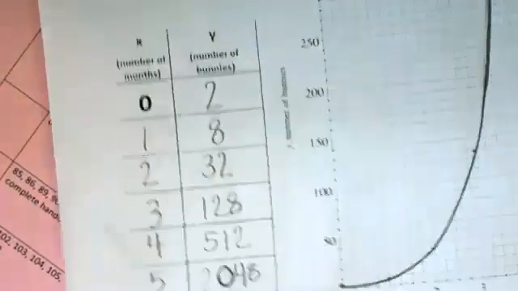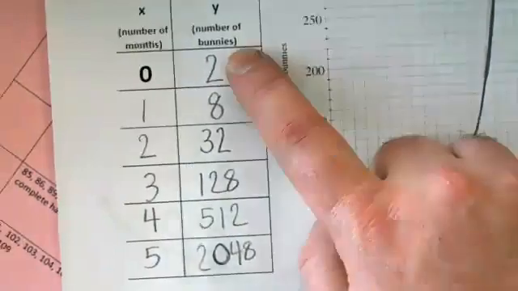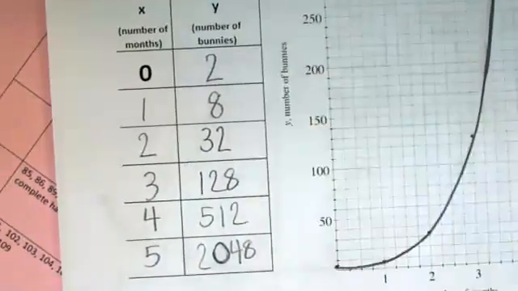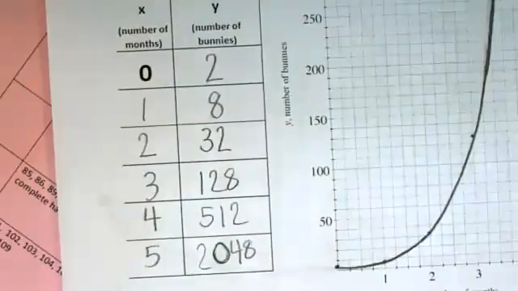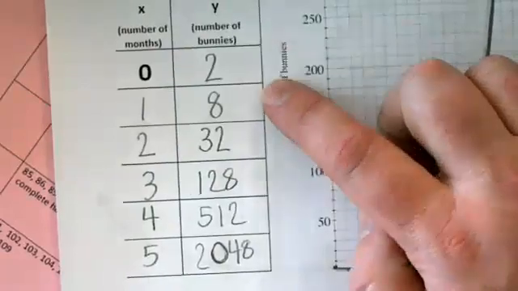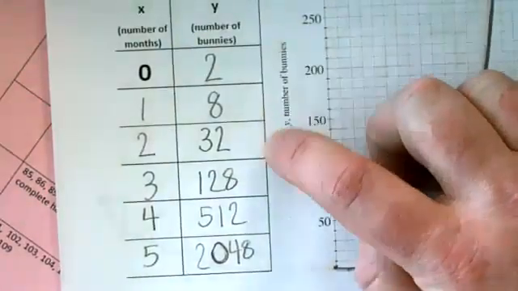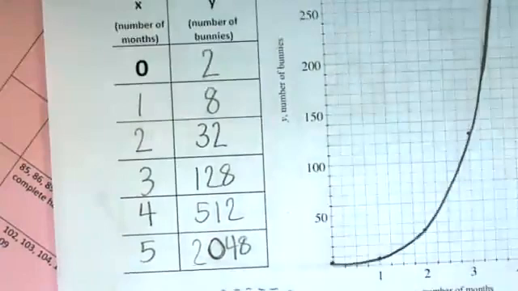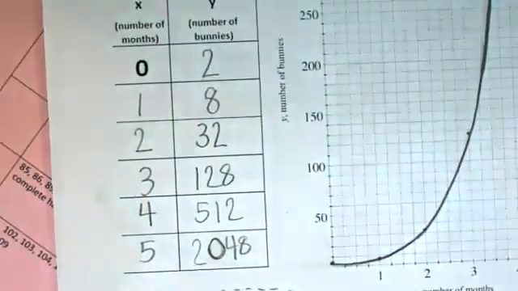And then this is case 4. Now they were only starting out with 2 bunnies, but this time every pair was having how many babies? 6 babies. And look what our multiplier ended up being this time. What are we multiplying by each time here? We're multiplying by 4 each time. So it seems a little strange, and I know that that's kind of weird to wrap your head around, but don't worry about that so much as the main thing I want you to take away from this